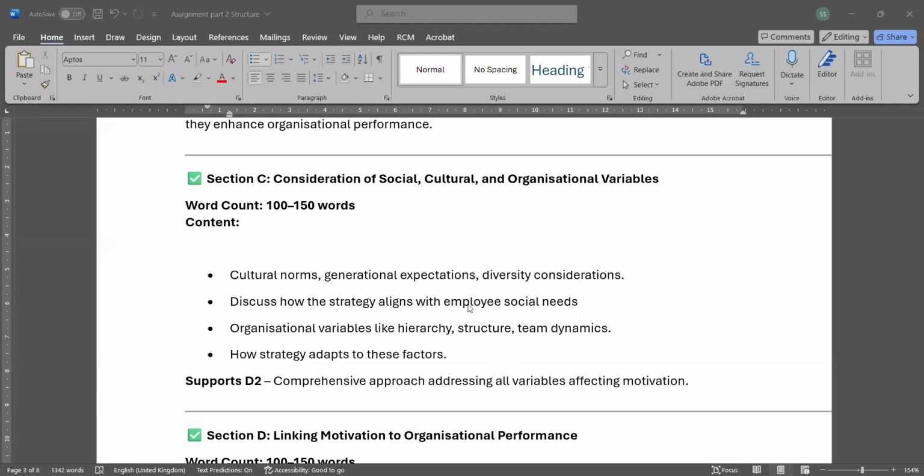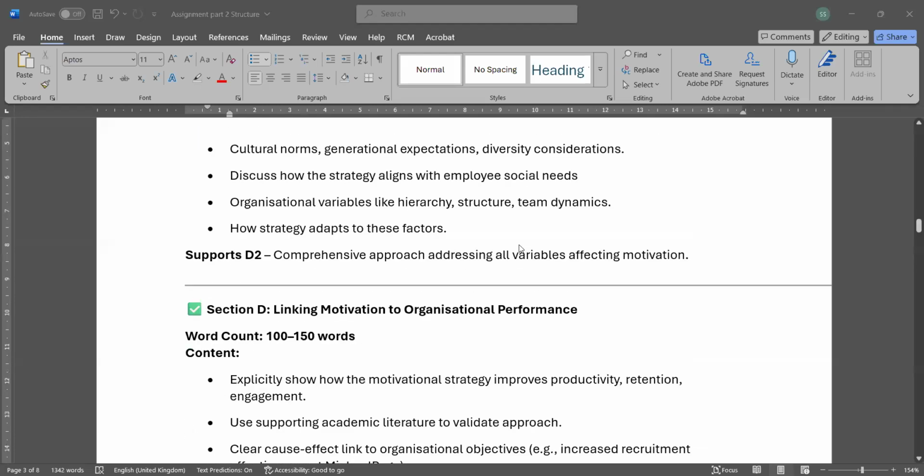So you are going to include these elements. When you include these elements in your strategy, then you will be achieving D. Okay. So you can see how strategy adapts to these factors. So how you will be addressing these elements, social, culture, and organization variables, in your strategy, you need to design and include them.